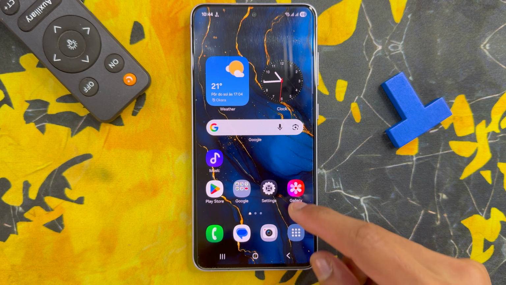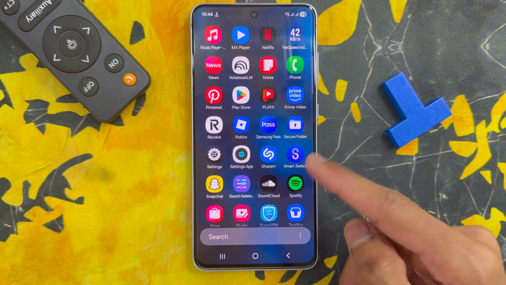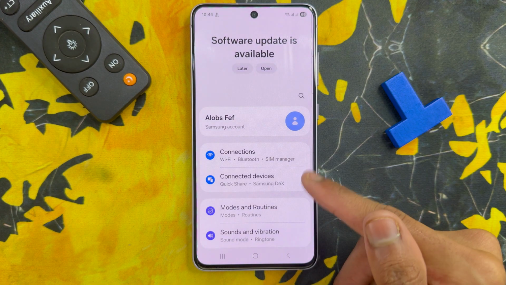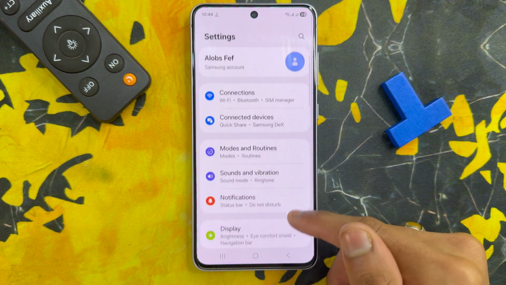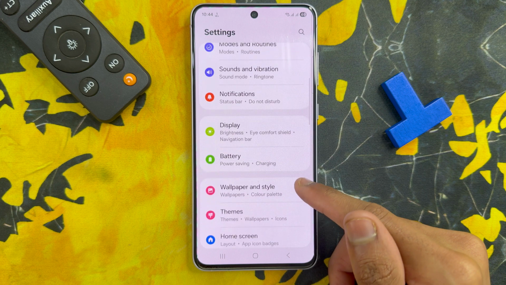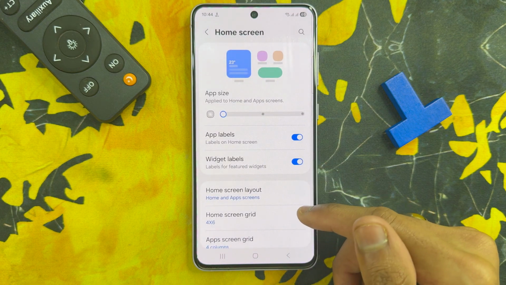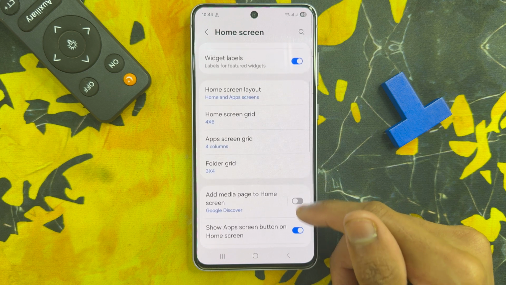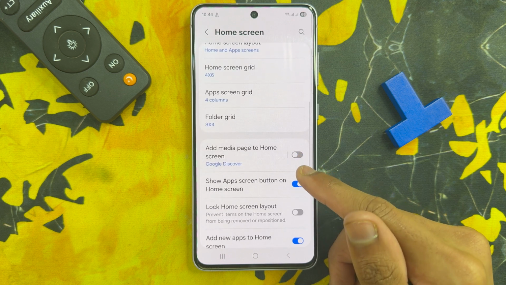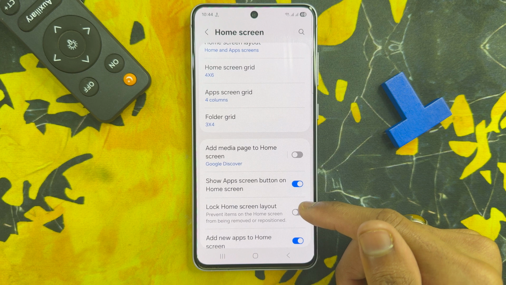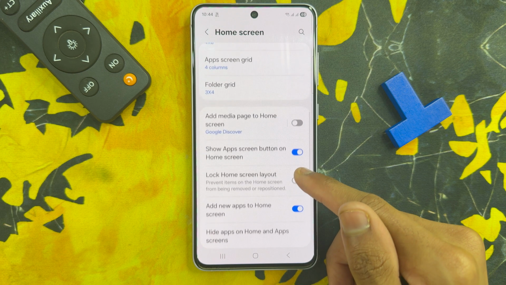First of all, go to app library. Here click on settings app. Now in settings, scroll down and click on home screen. After clicking on home screen, scroll down and you will see if you want to enable swipe down for notification,